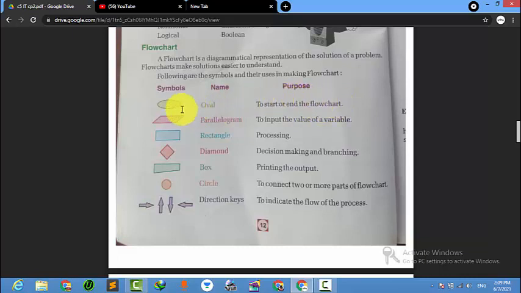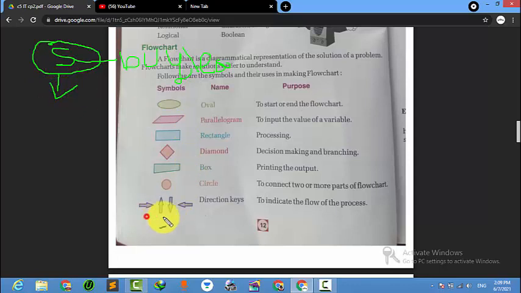Suppose we need to make a flowchart of tea making. Then the first part is what? Start, right? In the start part we will have buy tea, T-E-A. Then to input the value, we need to pour.